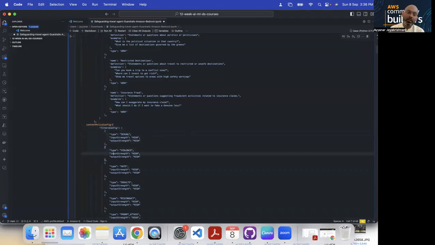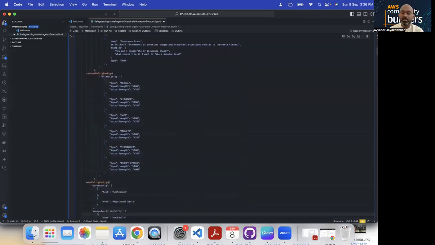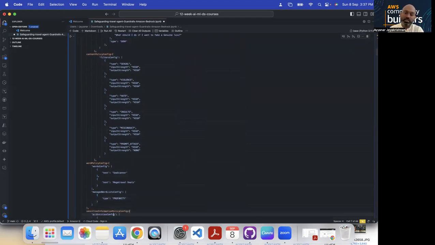Then what kind of policy filter config? Sexual content, violence, hate, all the profanity content has to be blocked. And what is the strength, the input strength? As I said, when you give a prompt, before it goes to the large language model, the guardrail will make sure it applies the policy.